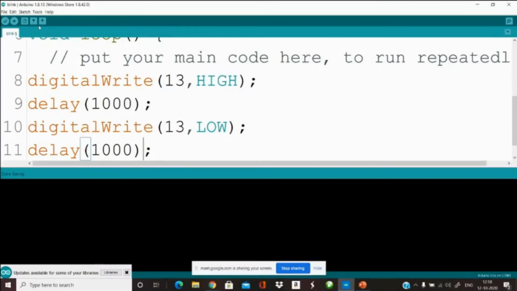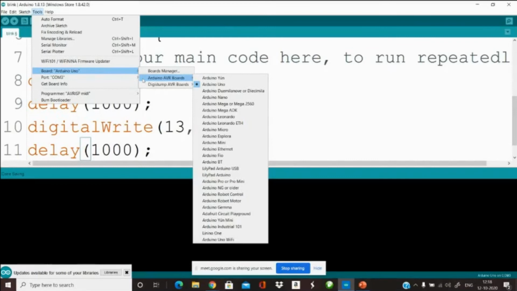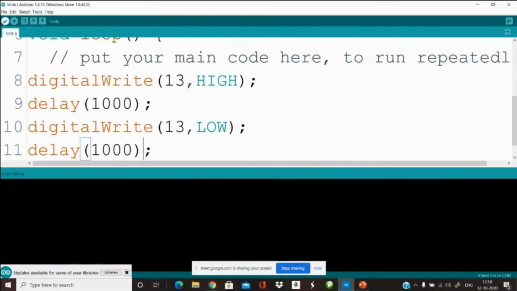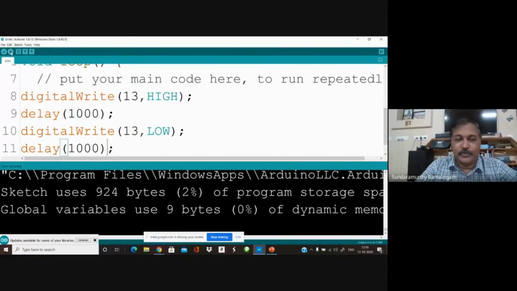Then you go to Tools, in the Port. By default it is showing COM3 because that is the communication port of the board connected to this laptop. For your laptop it may be something else. So check what that is, and in Board, choose Arduino Uno. That is the default. In the top left corner you have the option for uploading, the second button. I click that. Once your board is programmed, you can see that the LED is blinking.